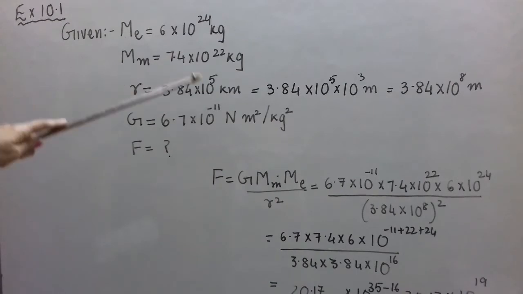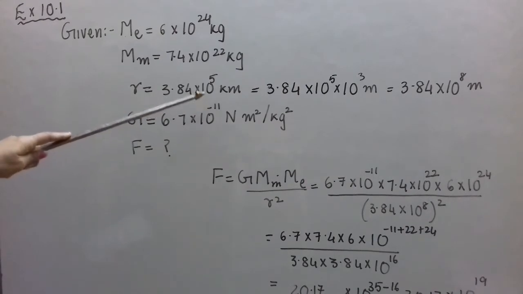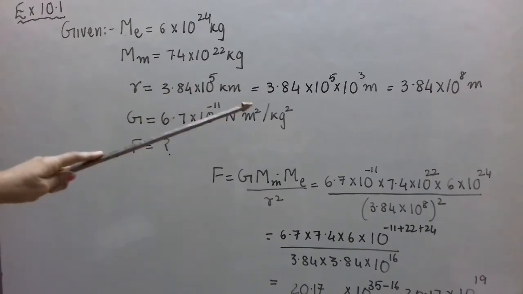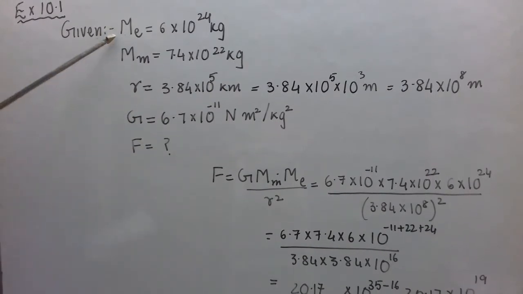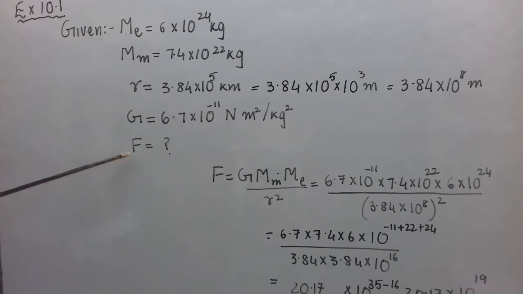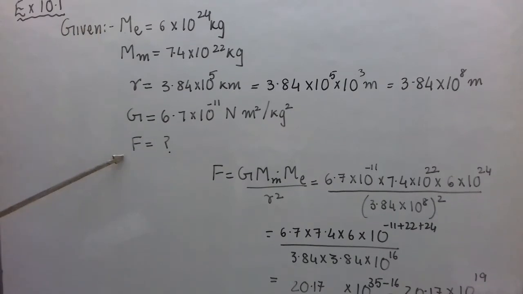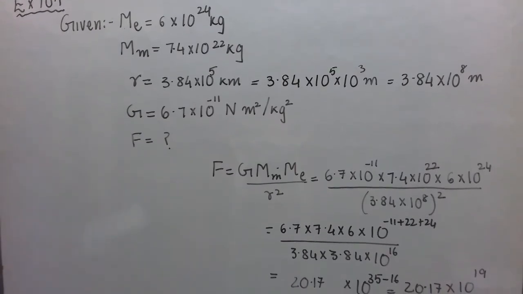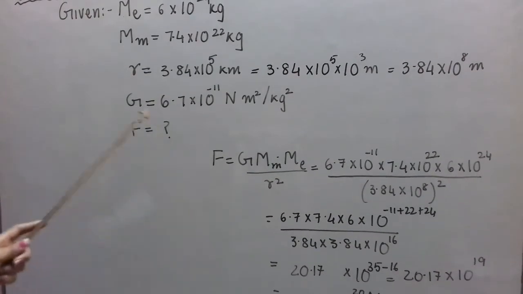Kg, fine, this is in SI unit. This is in kilometer. We are supposed to convert this into meters before we start with the numericals. So multiply it by 1000 or 10 raised to 3, then it gets converted into meters as I have shown here. Now to find F, which force are we talking about between moon and earth? This is a gravitational force exerted by earth on moon or vice versa. So this is a force that exists between earth and moon. So we have to use, according to Newton's universal law of gravitation, you can mention it here.